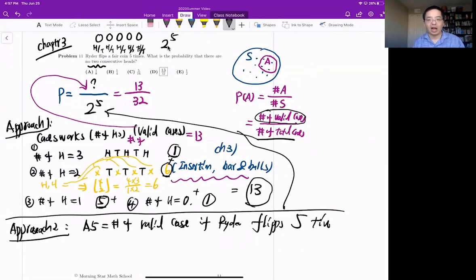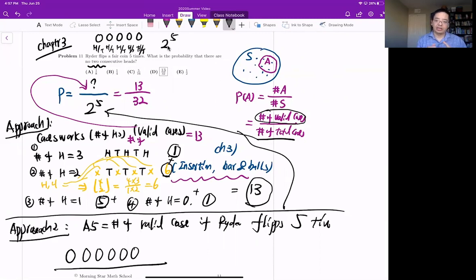So now you ask, how about 6? What if I flip 6 times? Then if you want to find the number of arrangements where there are no 2 consecutive heads,